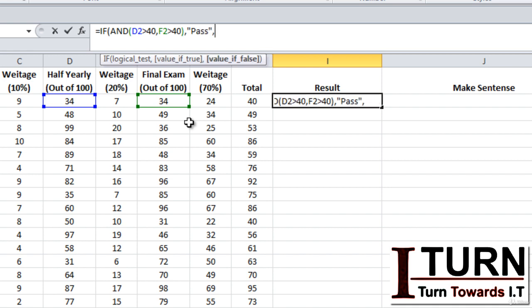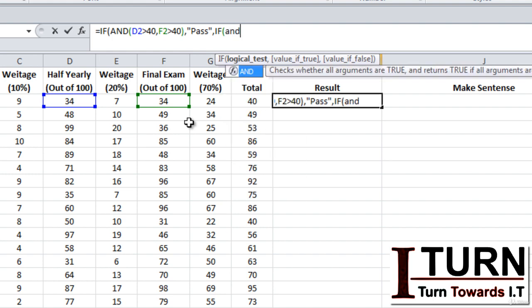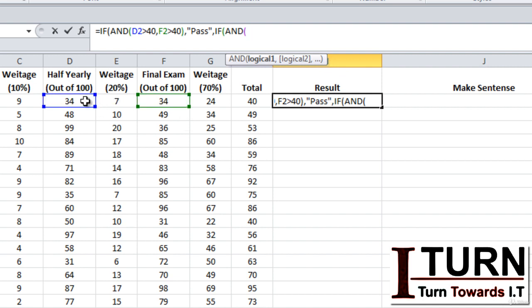comma, value false. If this is not the case, then again I'm going to check with the help of an IF condition, and again I need to check two conditions here. So I'm going to apply AND once again. Logical one is going to be half yearly score if it's less than 40. Logical two, final score again if it's less than 40. If both the conditions are true, this means the result should be fail, comma, so as the value of true I am putting fail,